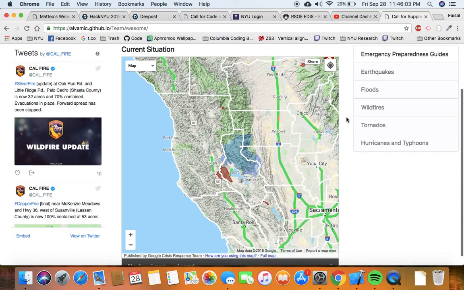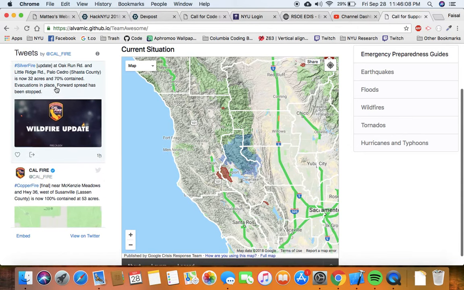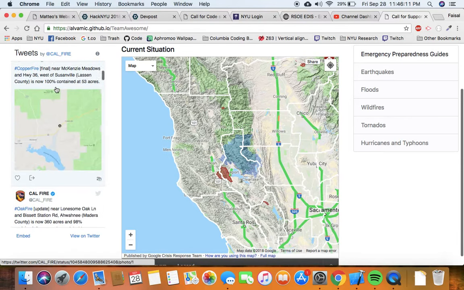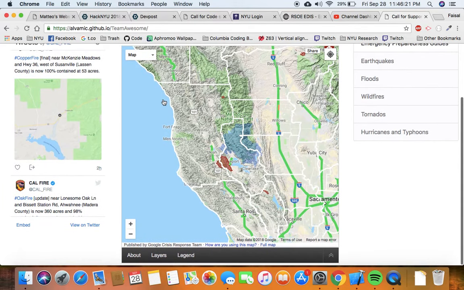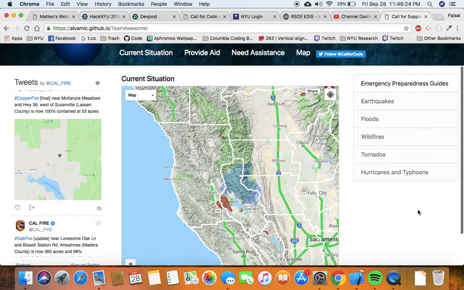On the left side of this website, you can see tweets regarding California fires. These are just updates on the fires that have been occurring in California for the past few months. In the middle is the map from a different source, not our own map. And on the right side is a list of emergency preparedness guides. If you want to be prepared in the event of an emergency, just click on any of these links